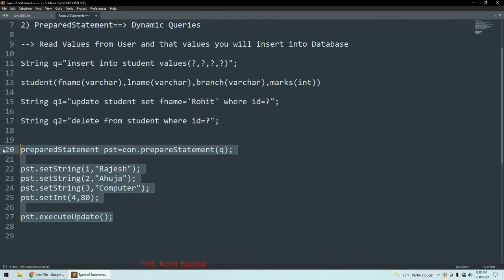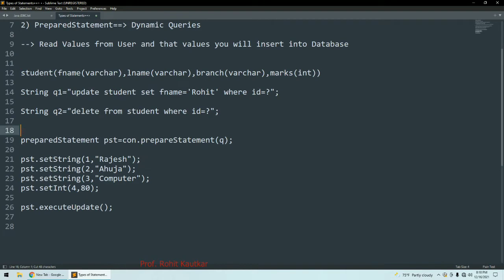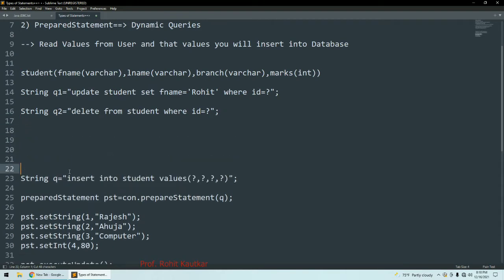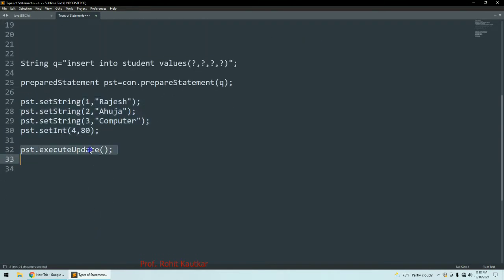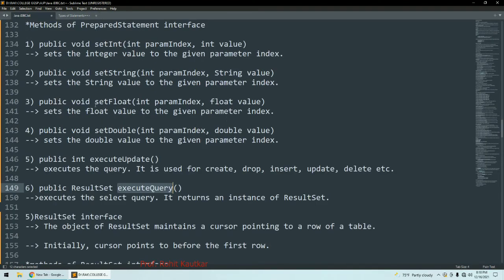This is how my statement will be there. Okay, so this q will be part of this code. So you can see, first of all, we have return query, then we have prepared statement over here, and then we have set all the parameter values, and at last we have executed our query. Like this you can execute query with the prepared statement.